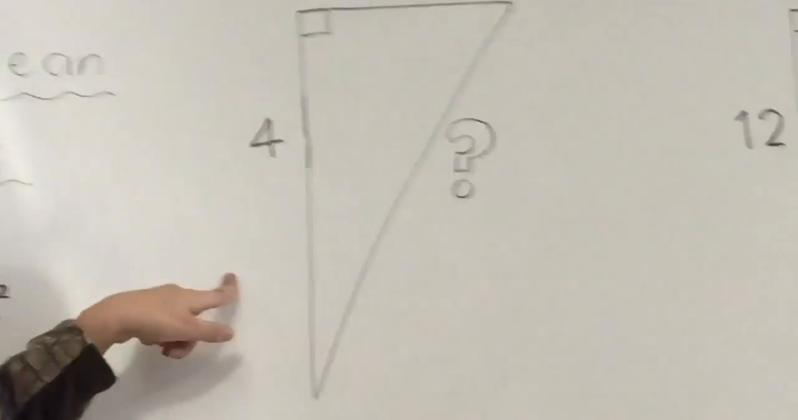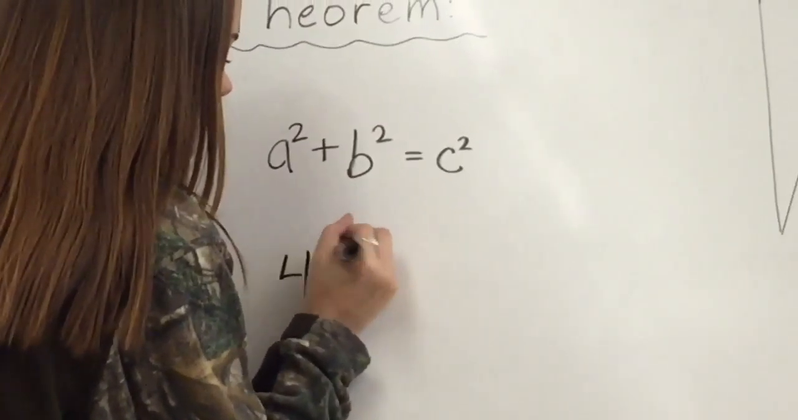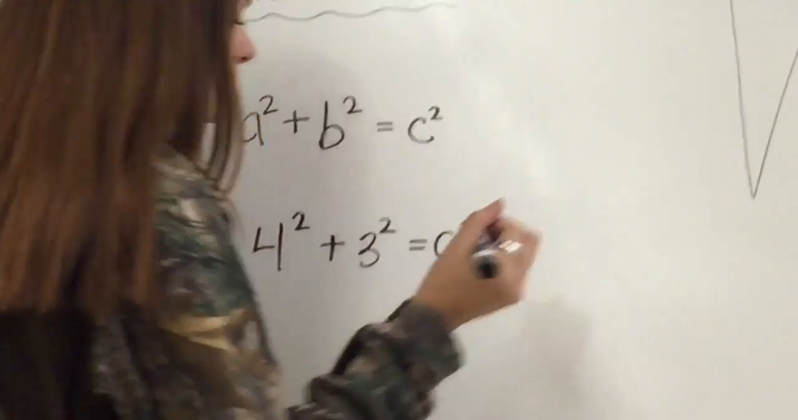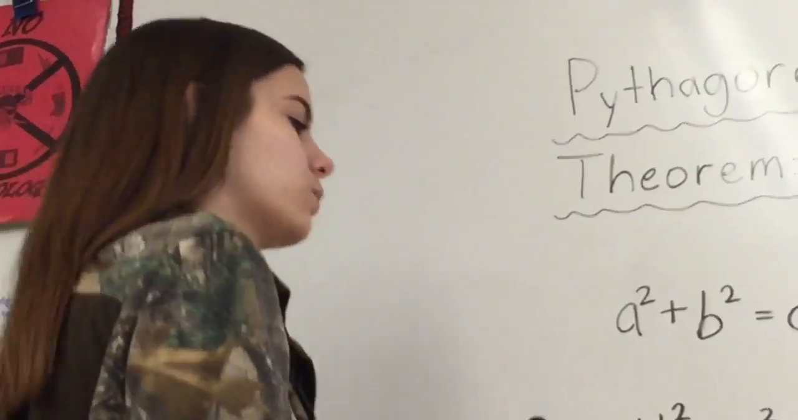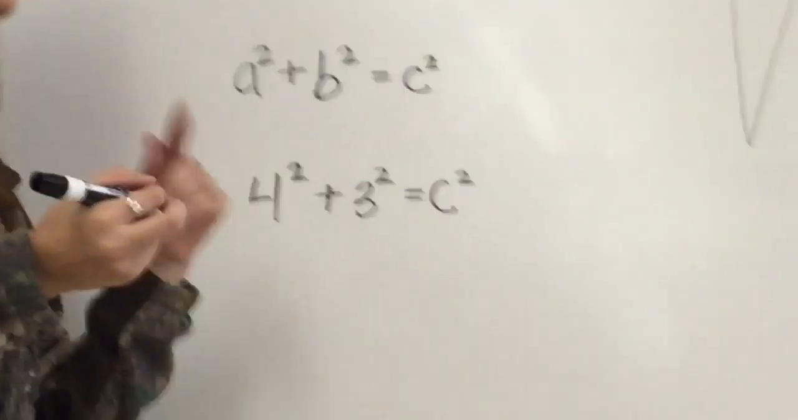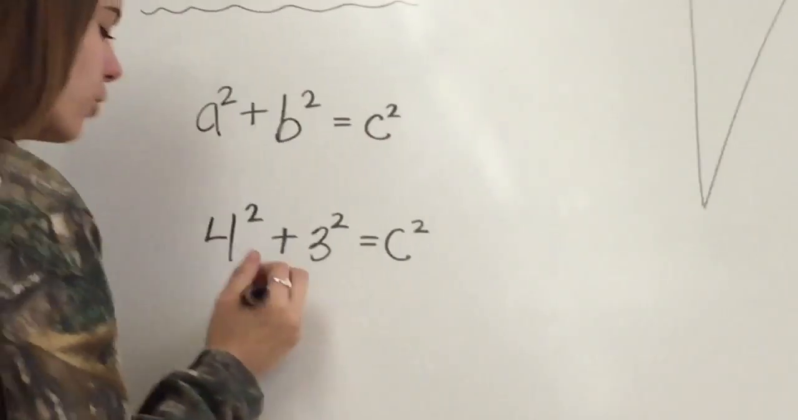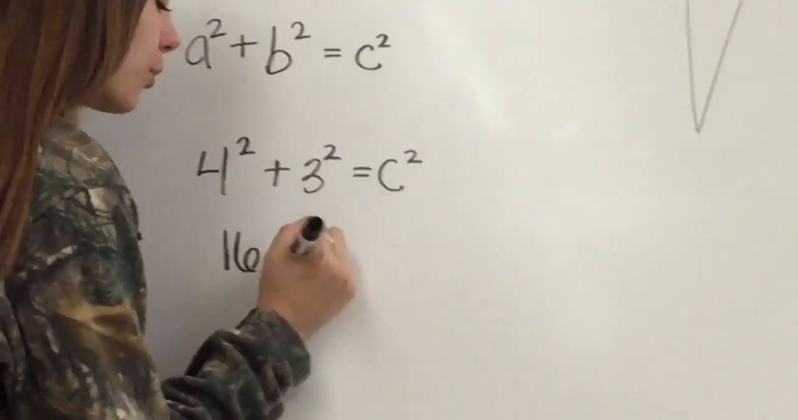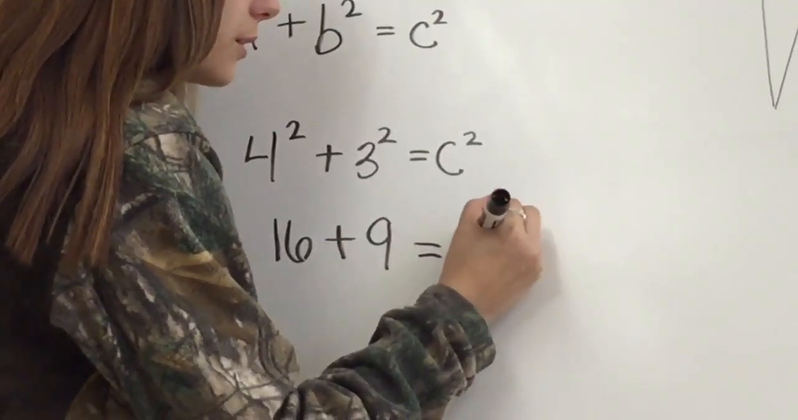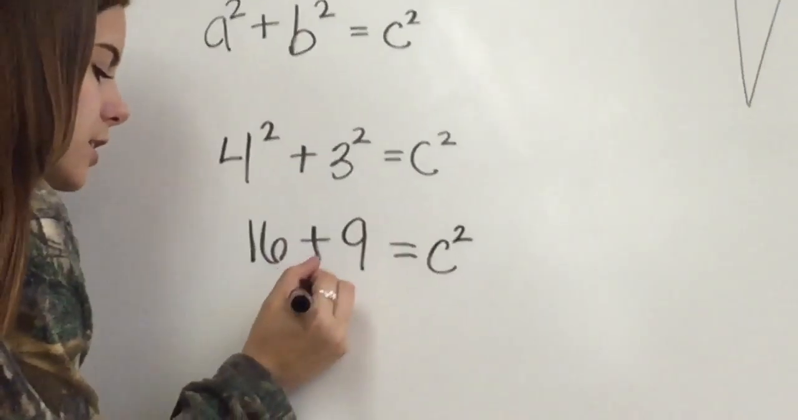So for this first one, we have our a and our b. So we plug it in and we do 4 squared plus 3 squared equals c squared. Now, we just solve for this, and then that's how we'll get c squared, and then we'll take the square root of it, and that will be c. So 4 squared is 16, plus 3 squared is 9, and that's going to equal c squared. Now, 16 plus 9 is 25,